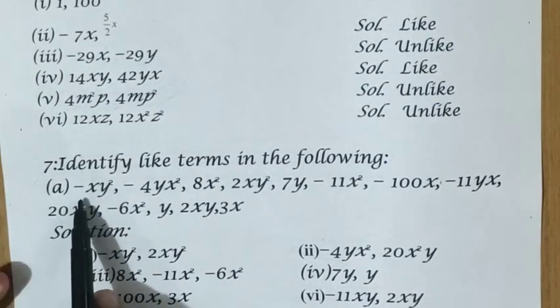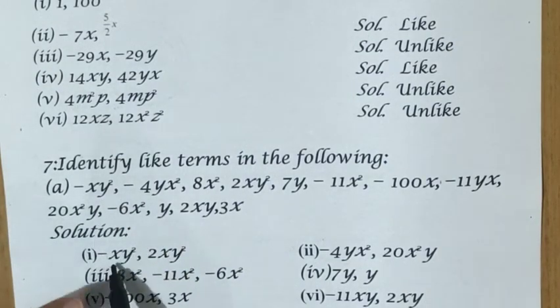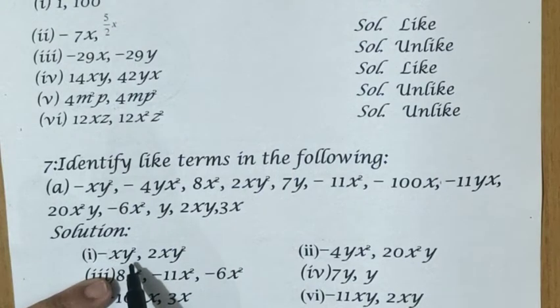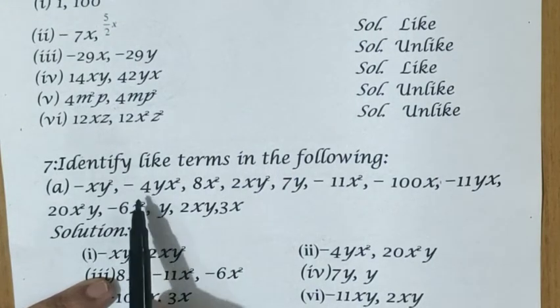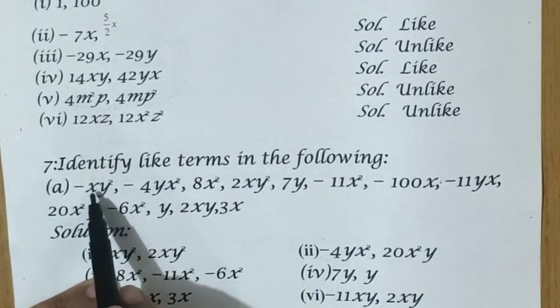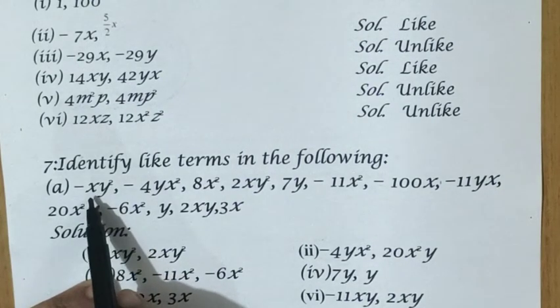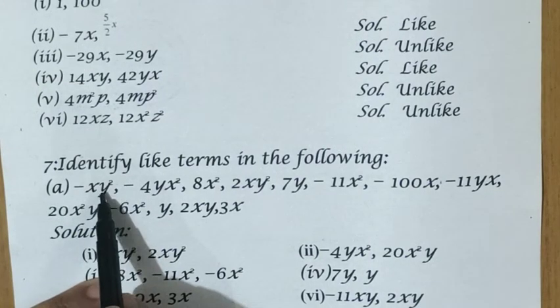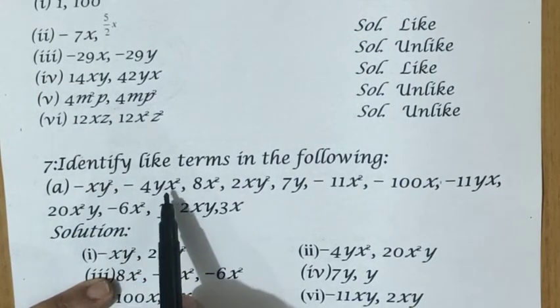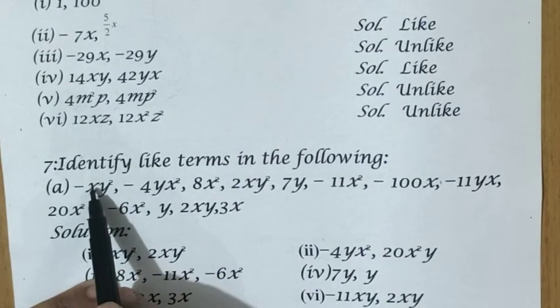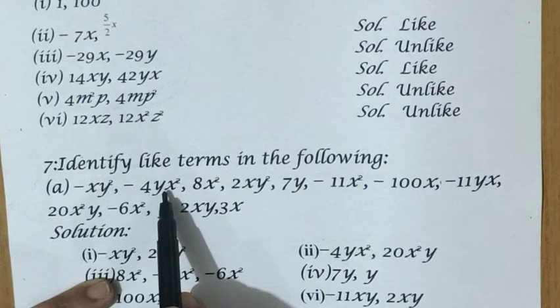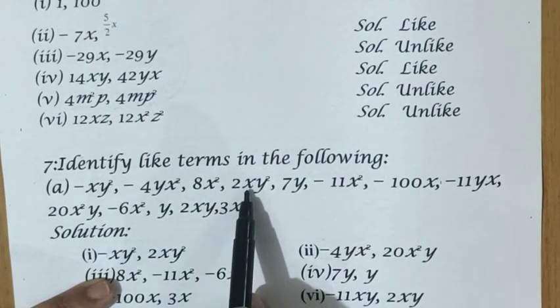So the first term is minus xy square. So we have written 1 minus xy square. Now the second term is minus 4yx square. See, x and y square only. So we should identify where xy square is coming. See, x power is 1, y power is 2. Here y power is 1, x power is 1, we should see x power is 1 only. Here no, x power is 2, x power is 2, x power is 1.